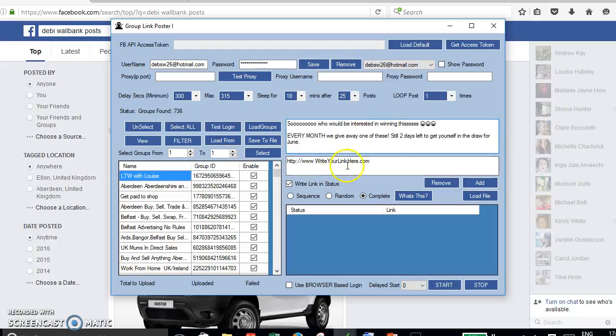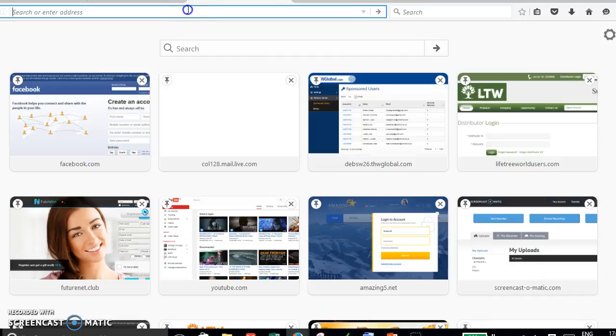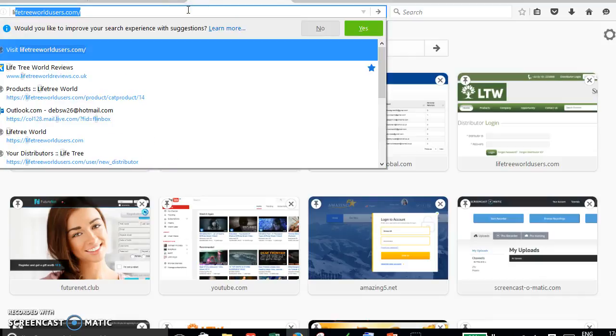Then as you'll see here, the only real difference between this and the text only option is that you have a separate box to put a website link in. So I would put our Lifetree World website in there. You could put a link to your Facebook page if you have a business page, or even a Facebook group. You can put anything you like in here as a web address. That's totally fine. So I will just get our Lifetree World